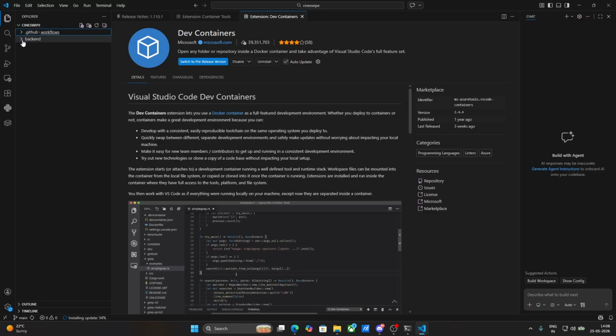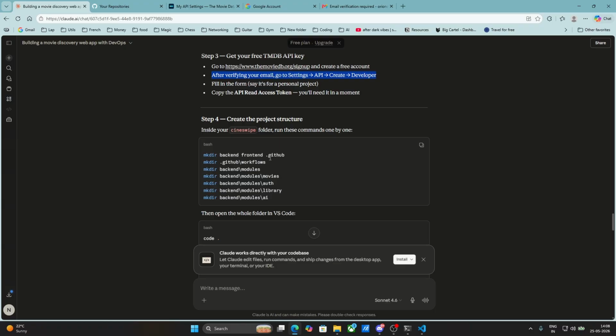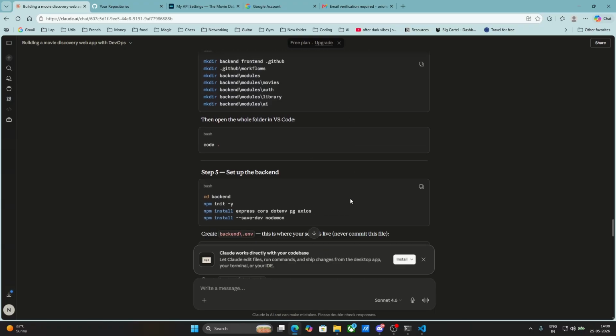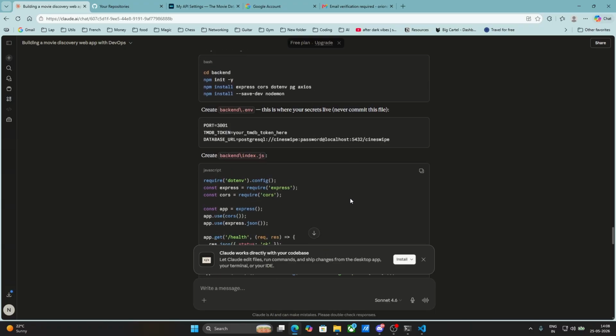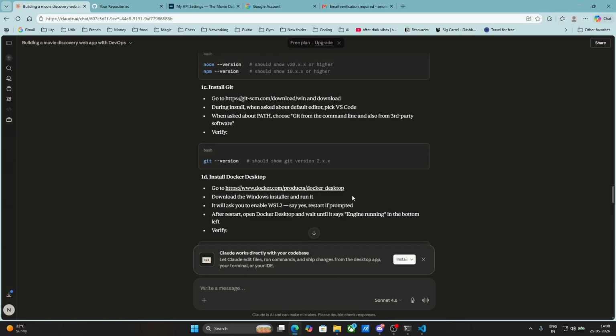You only have GitHub workflows, backend, AI. Is this how it's supposed to be? So we have front end, cd backend. My question is, do we have